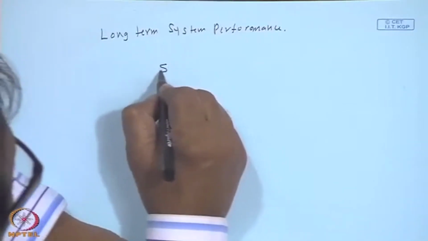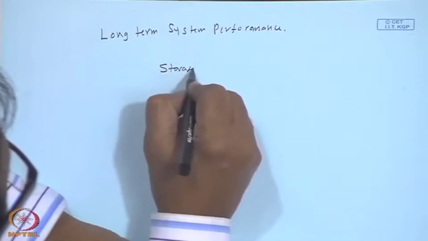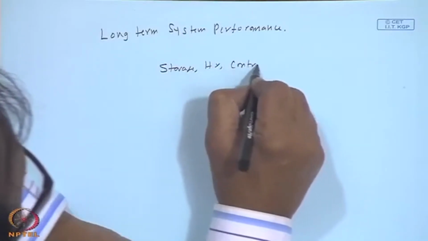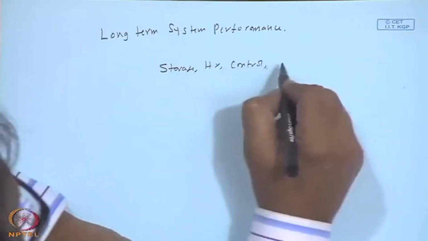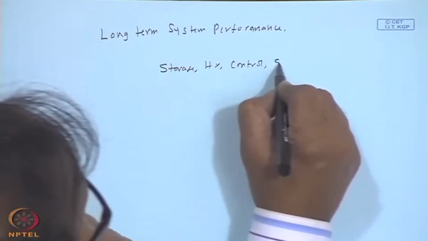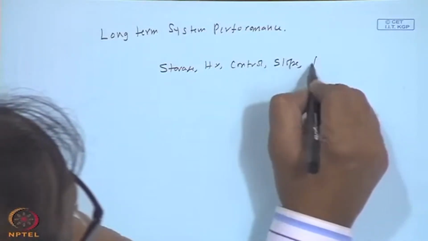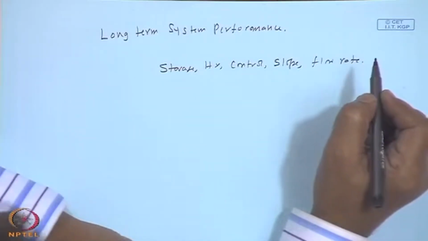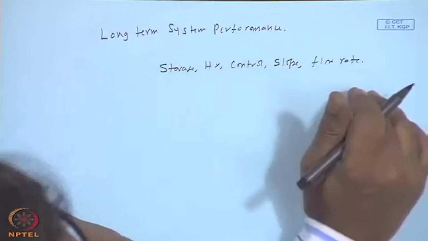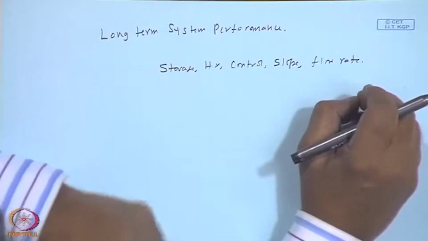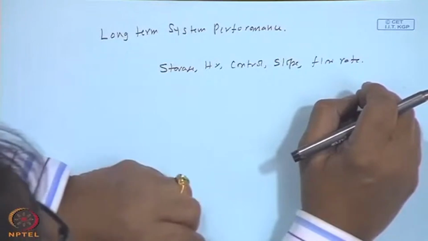So, you can optimize, for example, storage, heat exchangers, control, and so on and so forth, depending upon the component. It may be even the slope, flow rate, etc. Right. So, there are so many variables based upon which your effective system performance is going to depend,